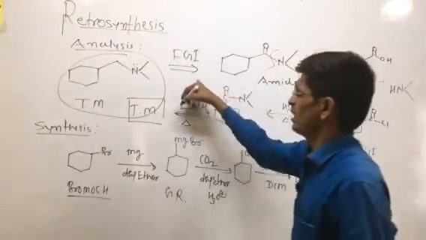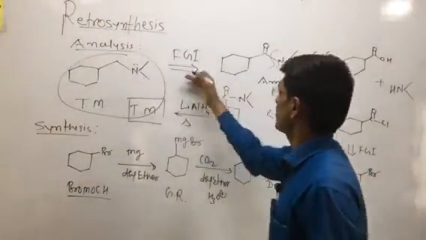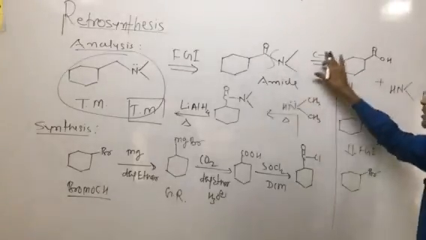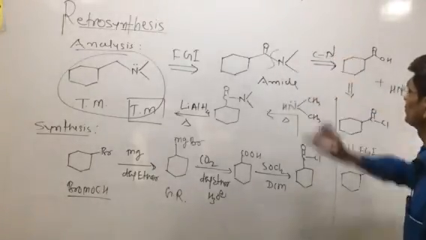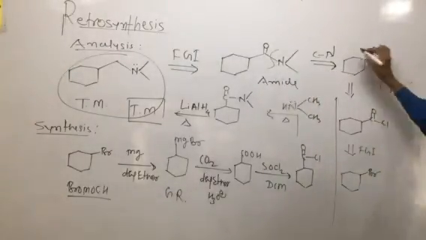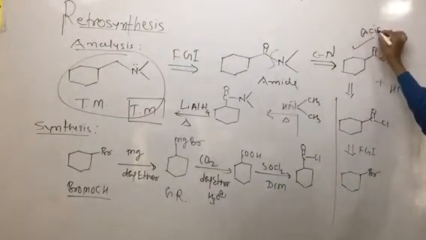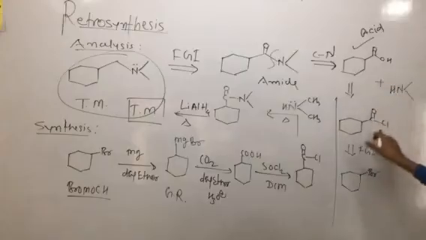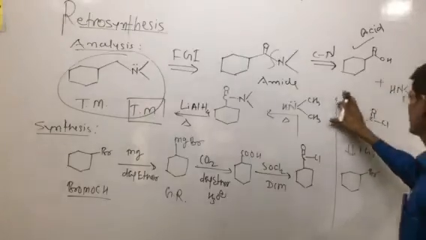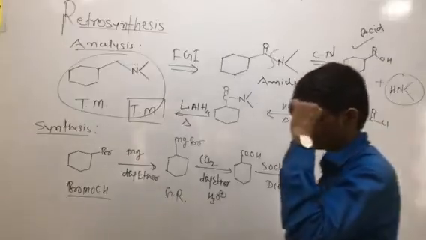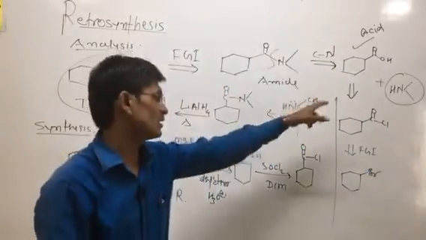First, what did we do here? It was an amine, a tertiary amine; we did the FGI and made the amide. The amide's CC disconnection, sorry, here we call it CN disconnection. We did the CN disconnection, then after the CN disconnection we get the formation of the acid. Then again FGI. Here two species are obtained, the acid and the secondary amine.